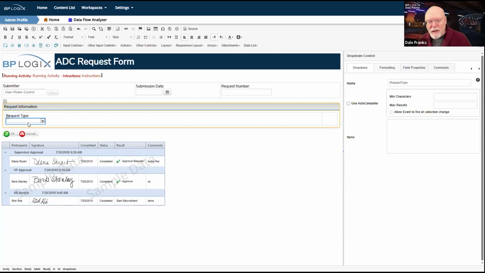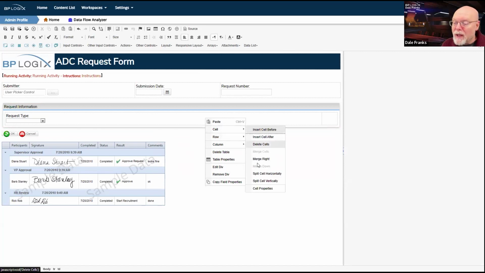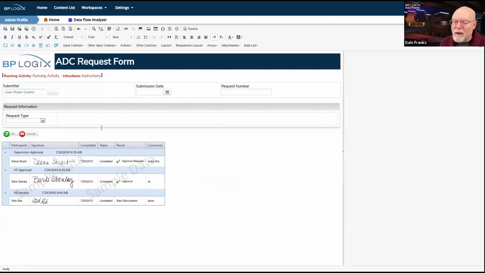Now I've got a little quandary here because, well, here, let's do another thing first. We have our drop-down control. We're going to have to come back to it. I do want to do a couple of things here. First thing I want to do is go into the cell properties for the cell. And I want to just give it a specific width. So we'll go to Cell and Cell Properties, and I'm going to set the width to, let's say 200 pixels. So this cell now has a fixed width of 200 pixels.